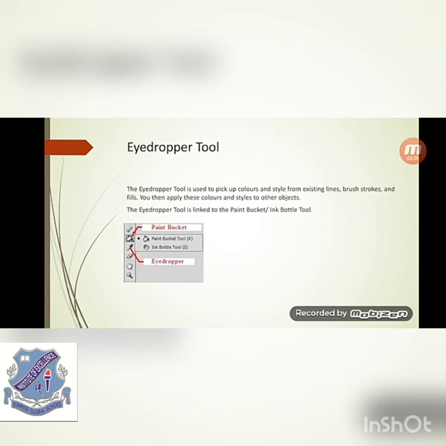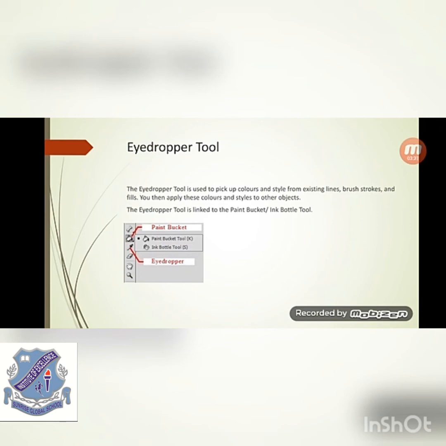Click the line or fill from where you wish to copy the formatting. You will notice that the pointer changes to an ink bottle if you select a line color, or to the paint bucket if you select the fill color. फिल कलर या पूरे को अगर आपको कलर करना है तो आपको फिल बकेट, पेंट बकेट यूज़ करना पड़ेगा. Otherwise you can use the brush and paint ink bottles for some editing and some coloring of the lines.